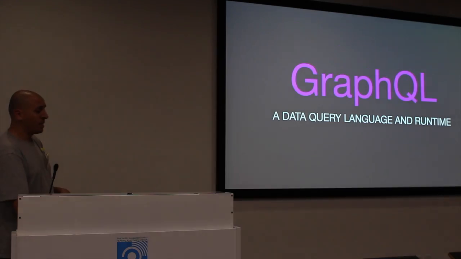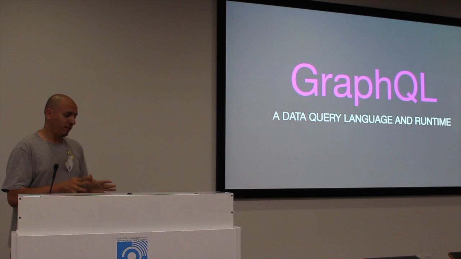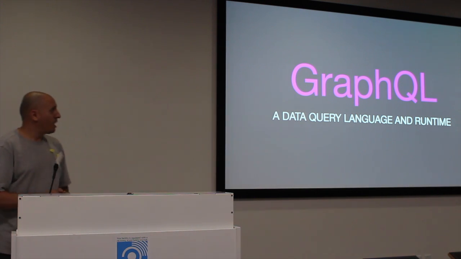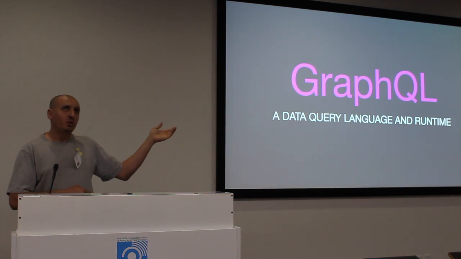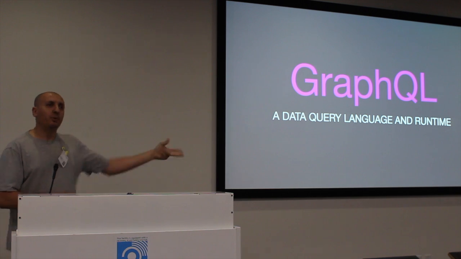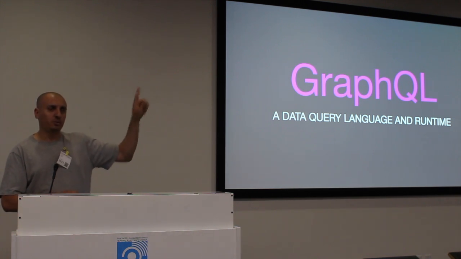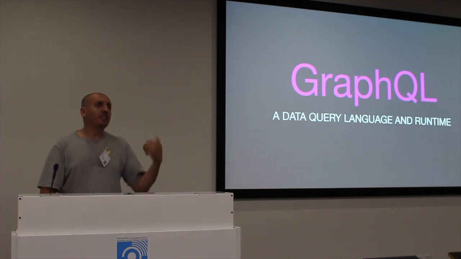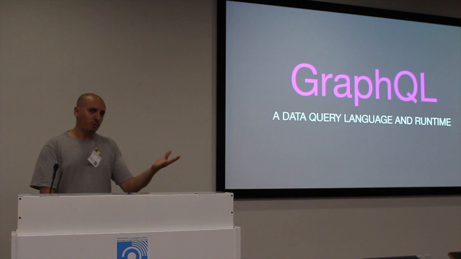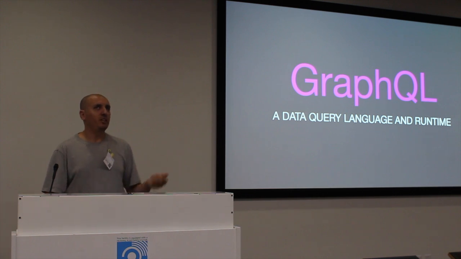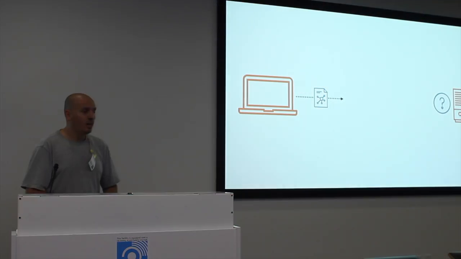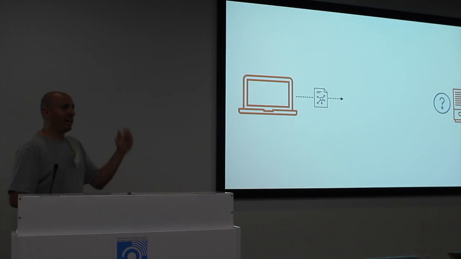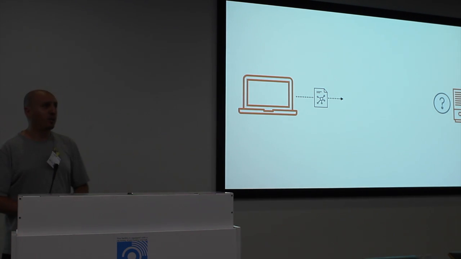But let's go back to the definition of GraphQL. So the official definition says data query language and runtime. And it's important to note that it's 2 things, not just one. So it's a query language plus a runtime. And there's a reason for this. So GraphQL is a query language, right? We can teach it to a client, and the client will start speaking GraphQL. Yay, I'm going to be able to ask a GraphQL question.